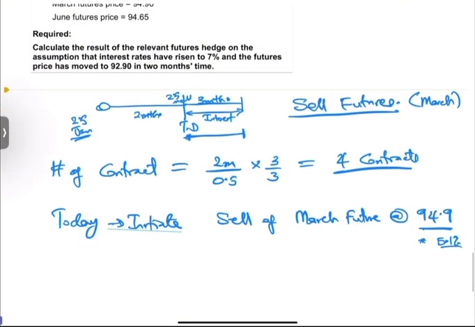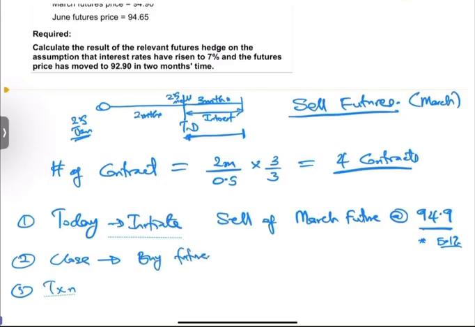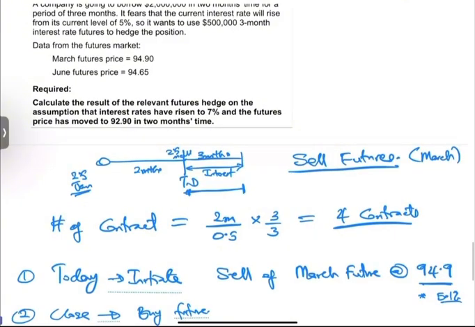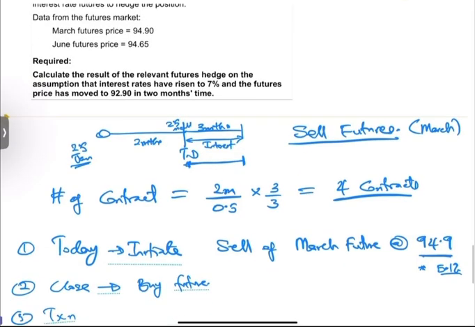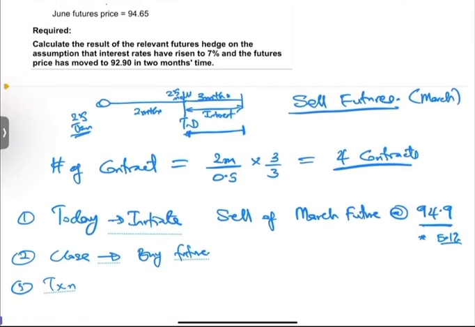But that is one part. There are always three parts to futures transactions, like I always tell you. Two things will happen on the transaction date. We will need to close and we will need to do the transaction. So when we want to close this future, we need to buy future. And do we know how much? They gave us in the question. They said the futures price has moved to 92.9 in 2 months, which means at that point, we'll be buying at